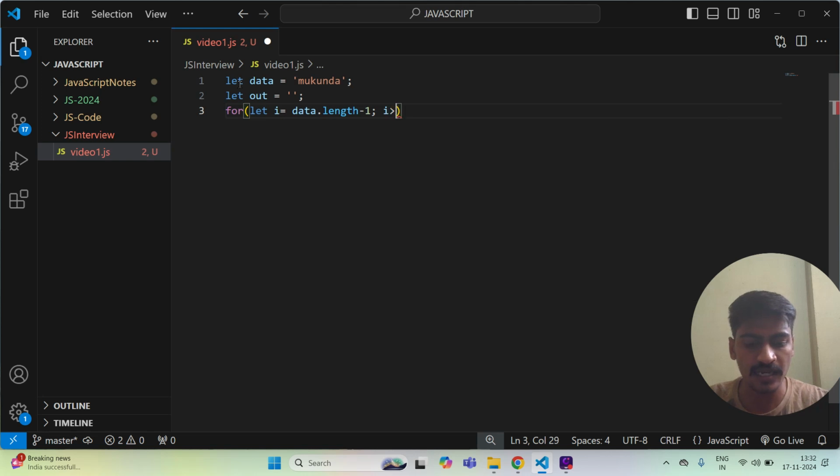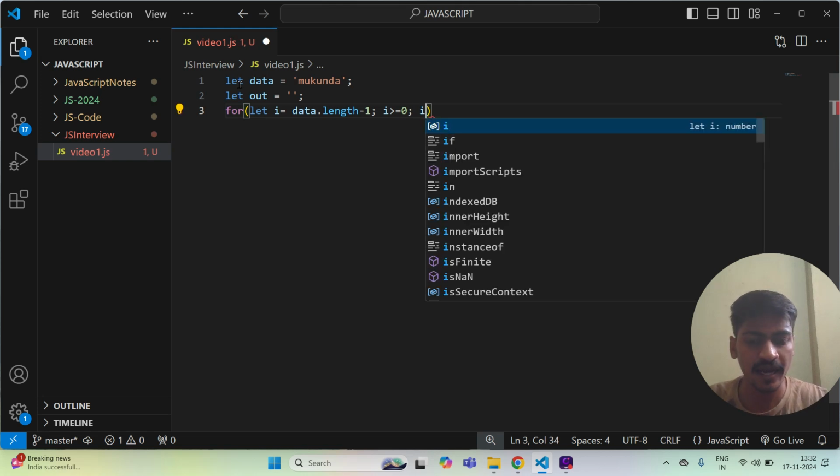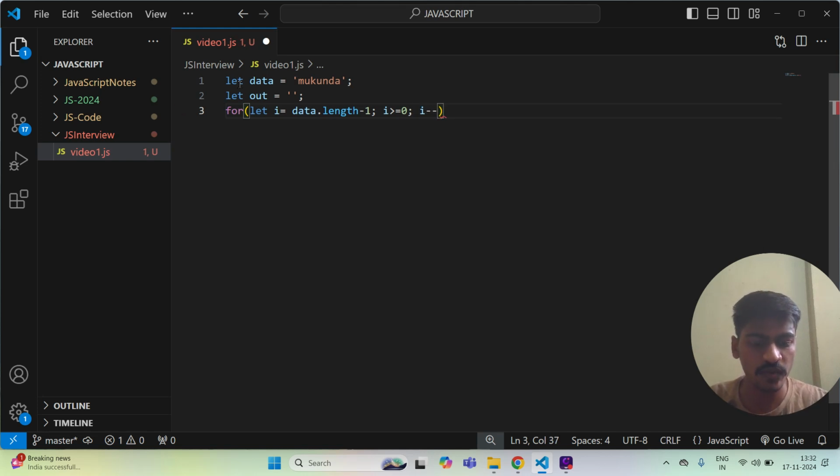Then i is greater than or equal to 0, because we have to reverse, right? Then i minus minus, why? Because we are going from the end to the start, in the negative manner. So for that we need to do this.